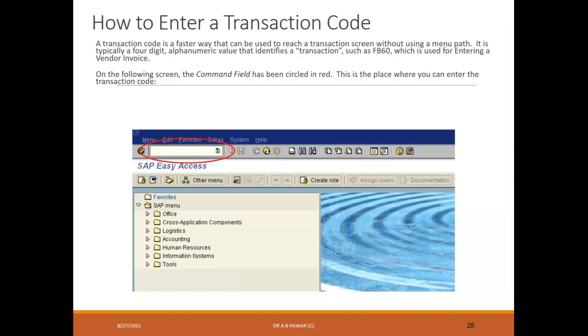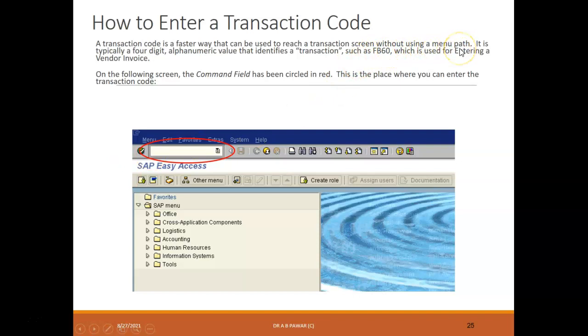A transaction code does a faster operation, and you can reach your transaction screen where you want to add a few details, enter, delete or update something, without using the menu bar.